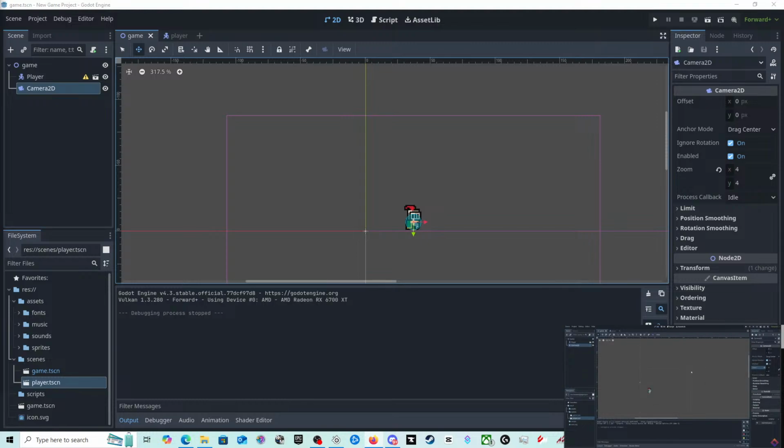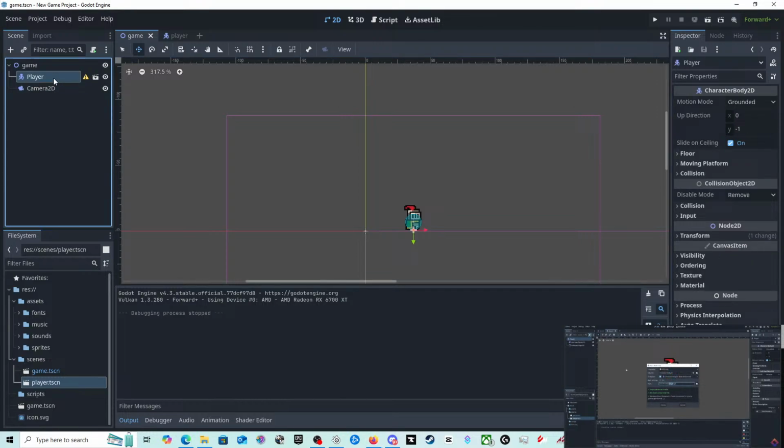So let's close our game, go into our player scene, and with our player node selected, let's press this add script button. Here we can choose a template. Of course, we're going to do...